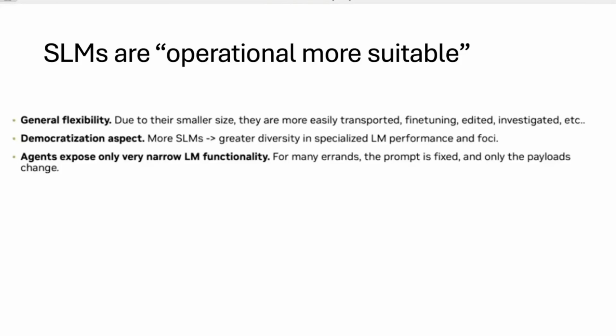You can look at each case by case, like why this works or why that doesn't work. The second point is the democratization aspect. SLMs also give you more diversity in specialized language model performance. Sometimes if you train a language model just for a domain, you can get better performance on your specialized datasets. I already see trained, focused models for document processing, or specialized language models for the legal space, and there are startups on that in the industry.